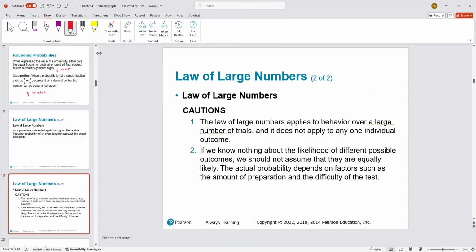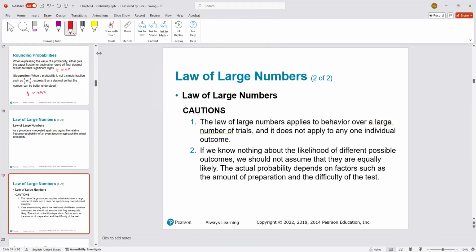That's very important. Now, the law of large numbers tells us that relative frequency approximations tend to get better with more observations. This law reflects a simple notion supported by common sense. A probability estimate based on only a few trials can be off by a substantial amount, but with a very large number of trials, the estimate tends to be more and more accurate. The law of large numbers applies to behavior over a large number of trials, and it does not apply to